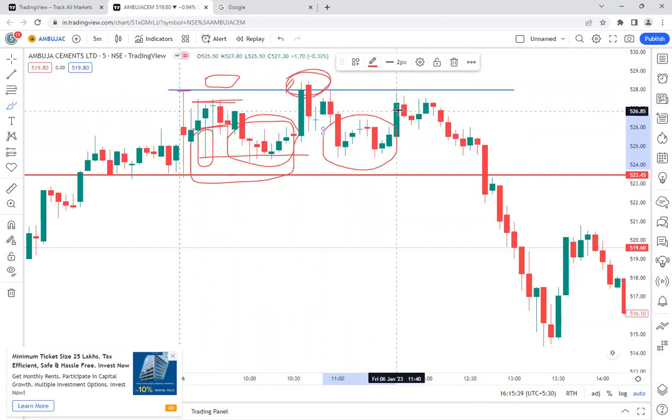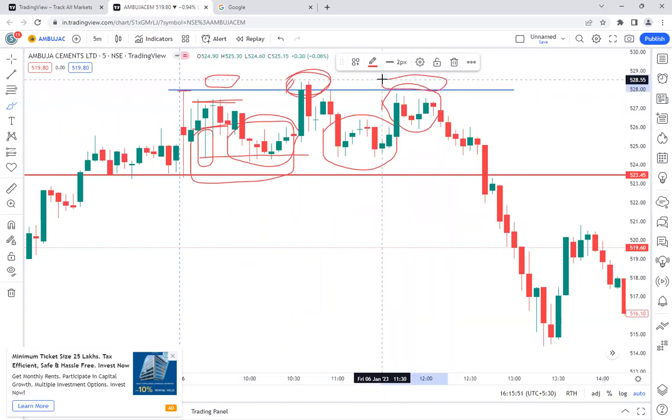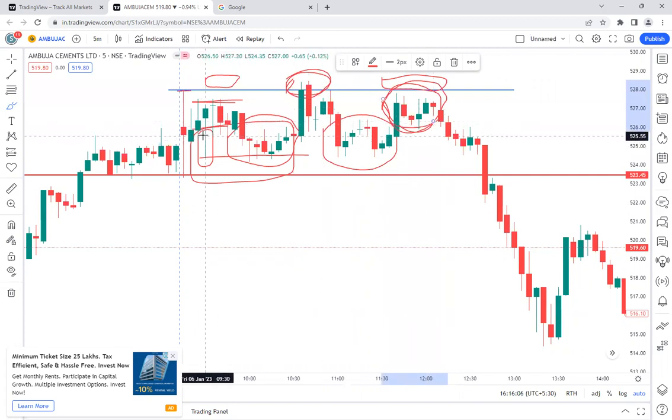Again, they have given almost a similar kind of candle at 11:40, almost showing that we are again about to kill the sellers who are keeping the stop losses just above this point. So those who have not taken any sell positions here, or still are looking for the option to take the buy, any trade, either buying or selling, this would be trapping them to take a buy position,